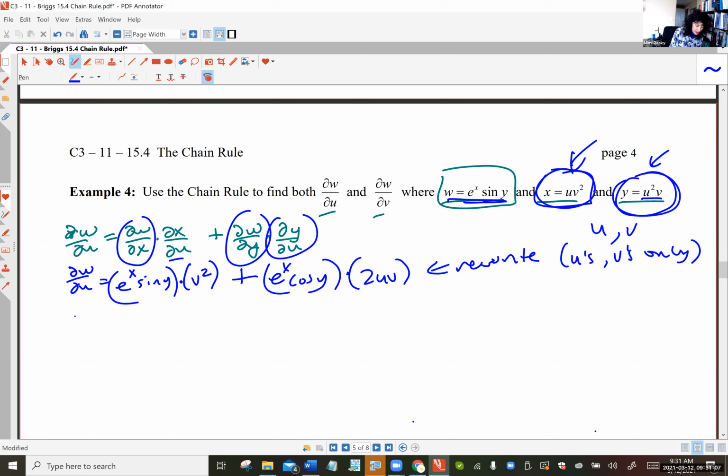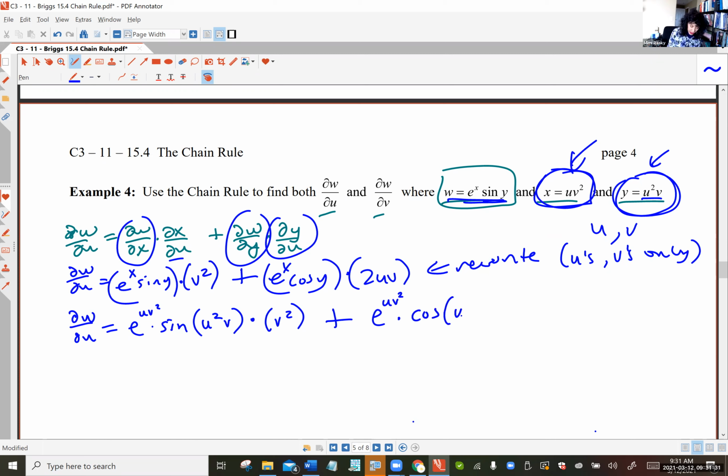So it's just a lot of substituting here. And yeah, it's going to get kind of messy. So here, e to the x becomes e to the uv squared times sine of y, but y is u squared v, and then that's still being multiplied by v squared, yuck, plus the e to the x cosine y becomes e to the uv squared times cos of u squared v, and then you're still multiplying that